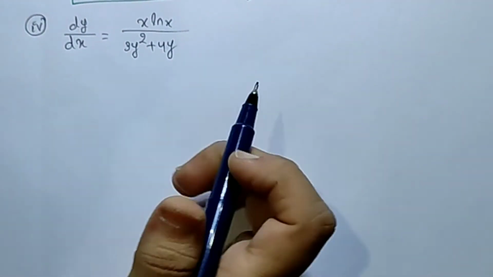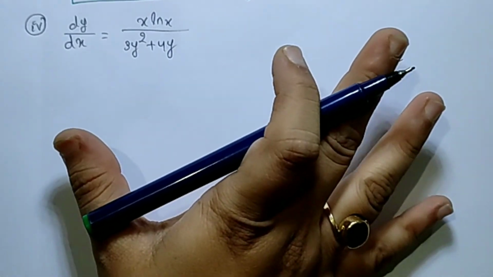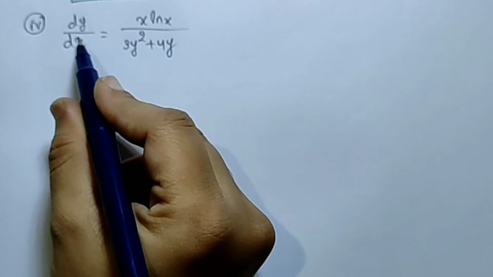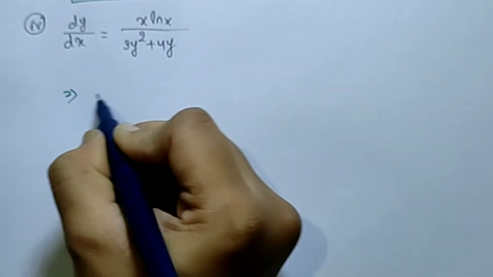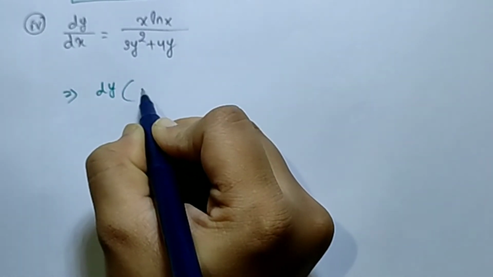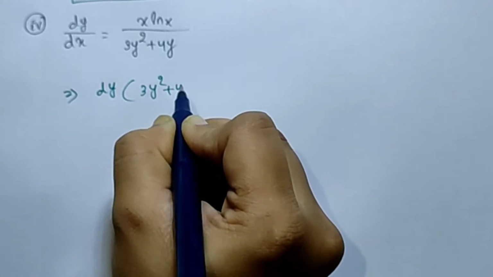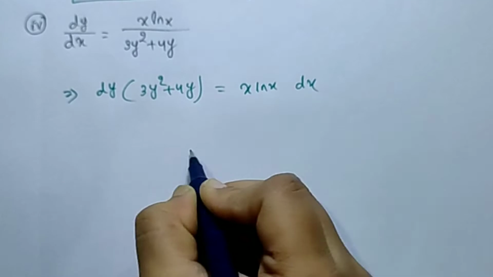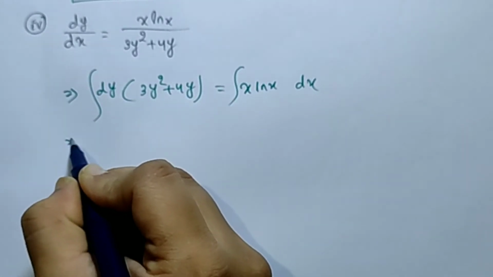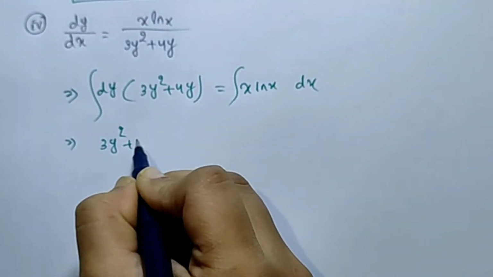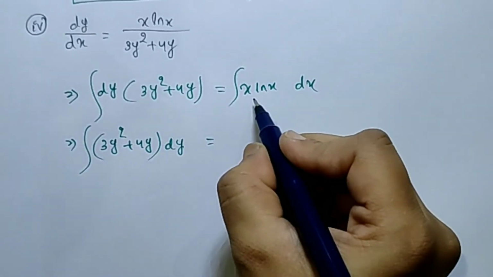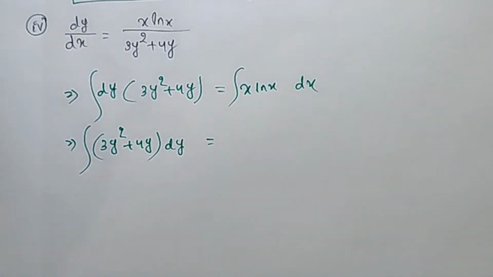In the previous lesson, I have told you about integration by parts. That's the concept we are going to use in this question. Now, separating variables: dy into 3y square plus 4y is equal to x ln x into dx. Now integrating both sides, this will be integration of 3y square plus 4y into dy is equal to, this question is,